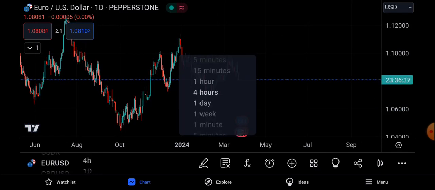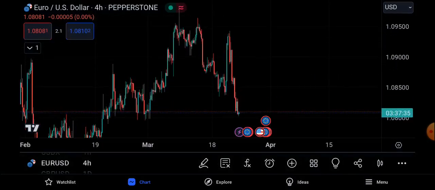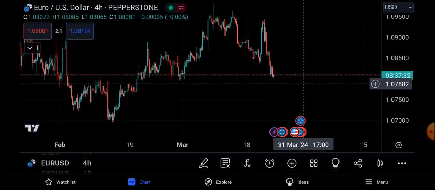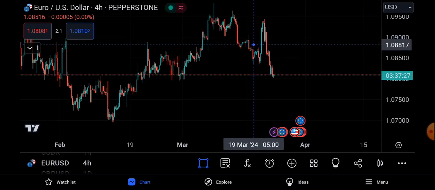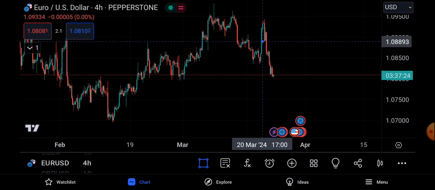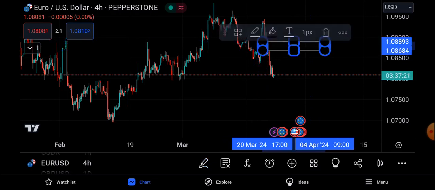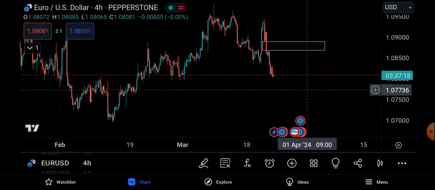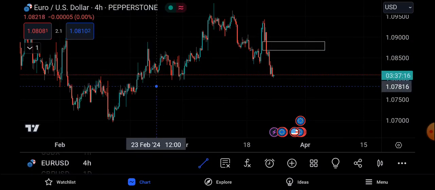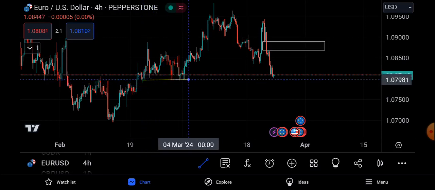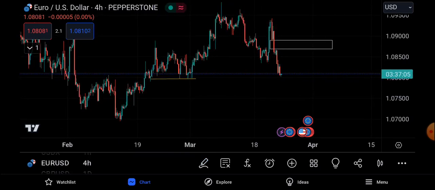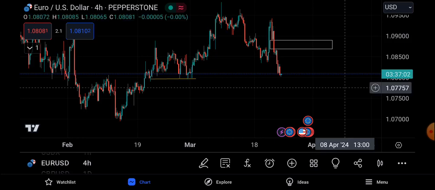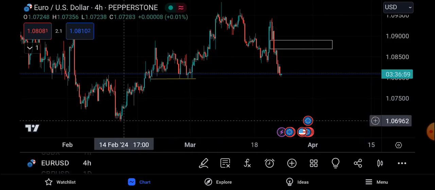Okay, so let's move down to the 4 hours so I can mark out those areas that I just saw. Okay, I am looking at a fair value gap right here, potentially an inverse fair value gap as well, because to my left is another fair value gap. All right, and then I'm looking at liquidity here, right here. All right, so because I am bearish and I am probably looking for this low to get taken out,